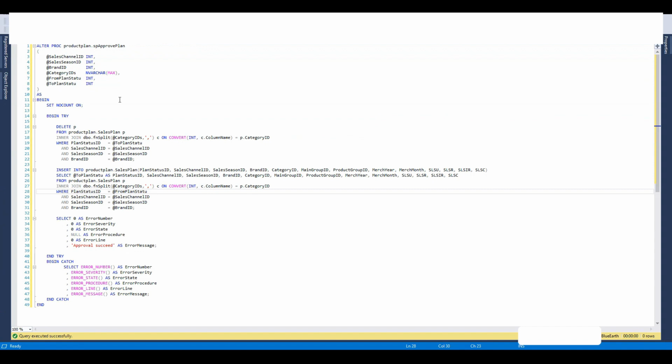Yes, I created a procedure called SP Approve Plan in the Product Plan schema. And for this procedure, I added parameters like Sales Channel ID, Sales Season ID, Brand ID, and Category IDs, which is of type varchar max, because users can select multiple categories. I also added from plan status and to plan status parameters. This way, I designed the procedure so that the planner can send it for approval, and the manager can approve